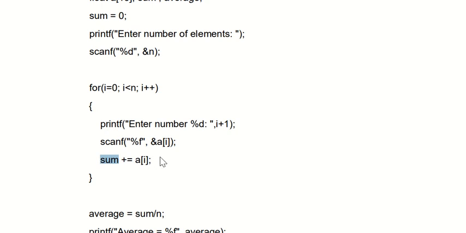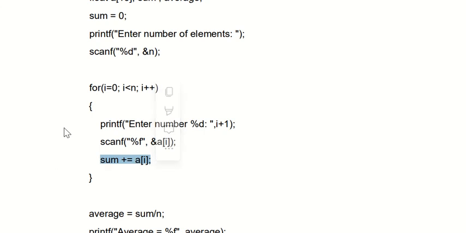It indicates that sum is equal to sum plus a[i], and the first time, we know that the initial value of sum is 0. So the first time it will take sum equal to 0, 0 plus a[i], and the first time a[i] is nothing but a[0]. Whichever number is in a[0], it will take that number. So from there you will get the latest value of sum.